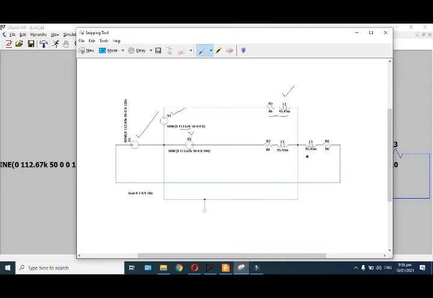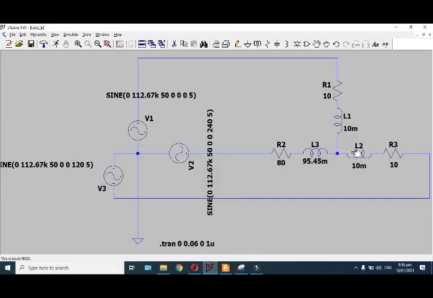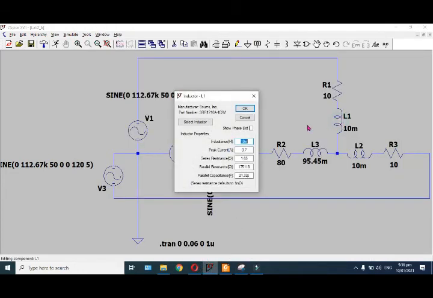For the second phase we have to change to 80 ohm and 95 millihenry. Right click on it and make it 95.45 millihenry inductance. Click OK.